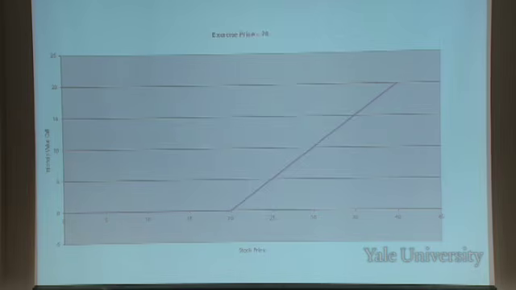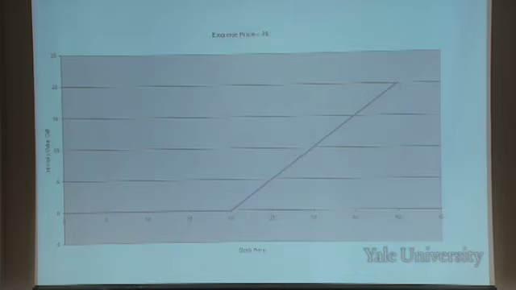Well, it's nothing, because the option gives me a right to buy a share at $20, but I can buy it in the stock market for $15, so I would never exercise the option today. It would be worth minus $5 if I exercised it today, because I would be paying $20 for something I could get for $15. But I'm not going to call it minus 5. I'm going to call it 0, because you won't exercise it. So if the stock price is below the exercise price, the intrinsic value is zero.